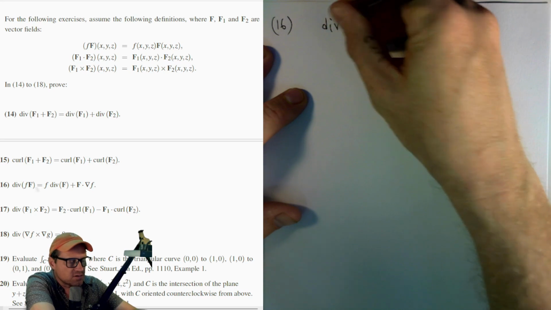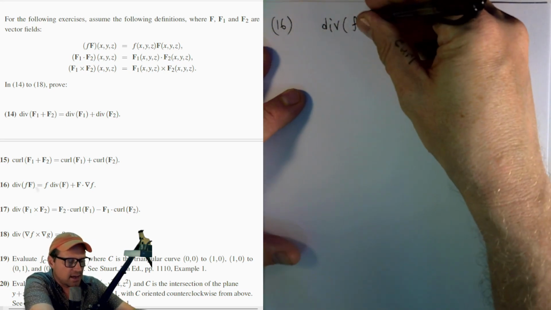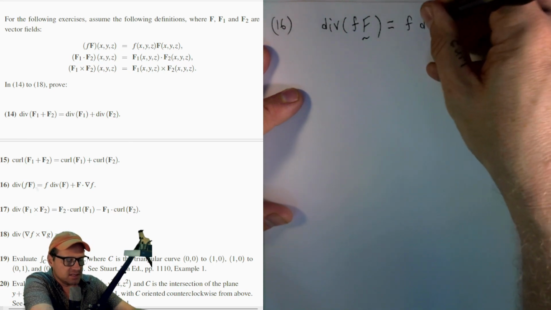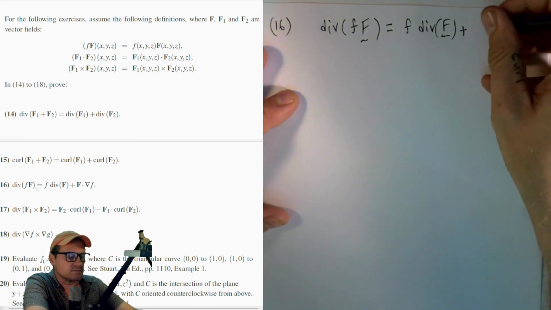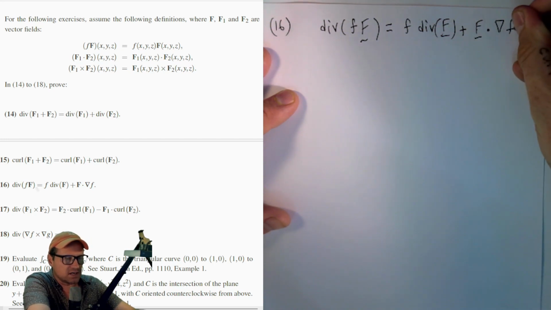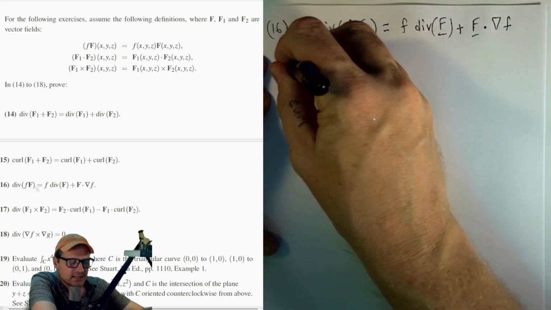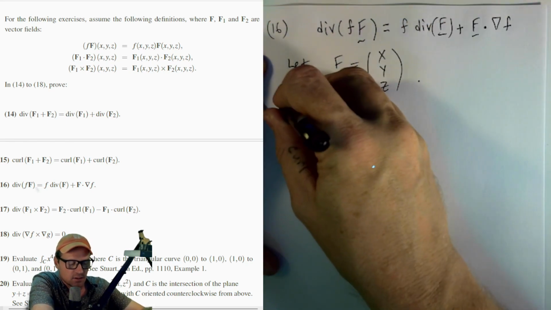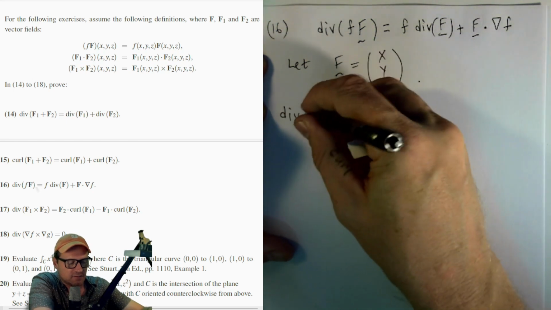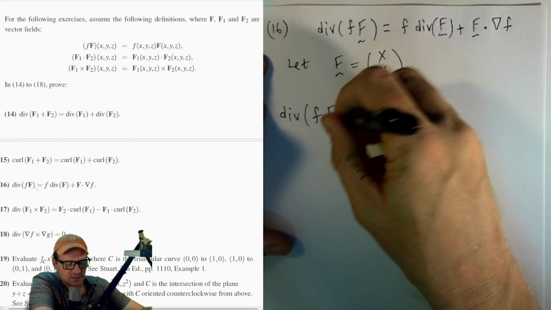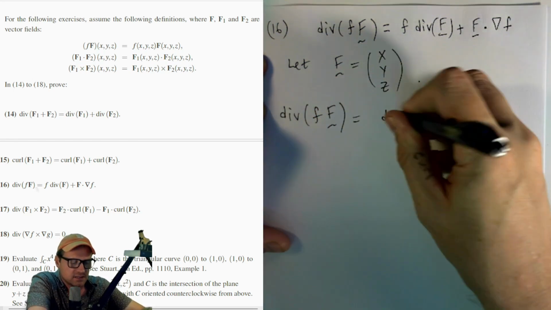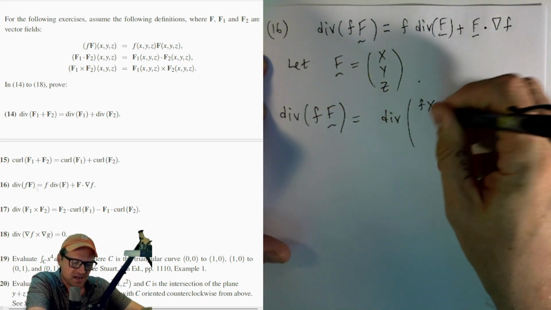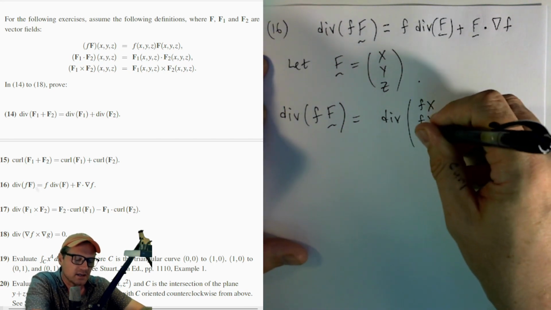In this one, we're asked to show that div of scalar function f times vector field uppercase F is equal to f div of uppercase F plus uppercase F dot grad of lowercase f. All right, and so let's let uppercase F be uppercase X, uppercase Y, uppercase Z. So dealing with the left-hand side, div of scalar function f times a vector field uppercase F, taking the scalar product here, we have div of lowercase f times uppercase X, lowercase f times uppercase Y, lowercase f times uppercase Z,